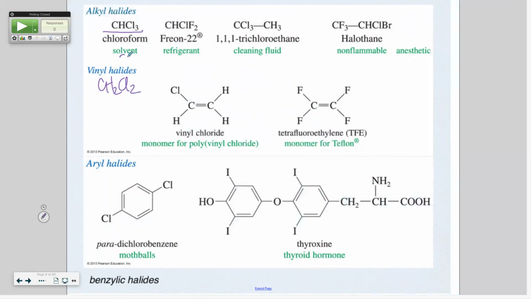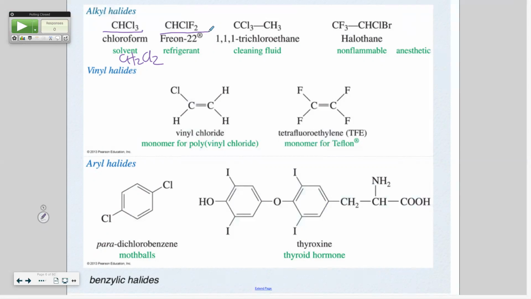I shouldn't have written it there because it looks like it's under vinyl and it might confuse you in your future life. So methylene chloride is another one. Chloroform is also a solvent. Notice this one,